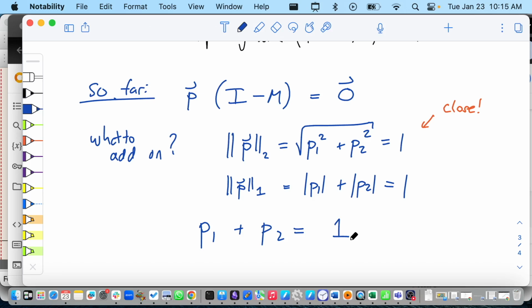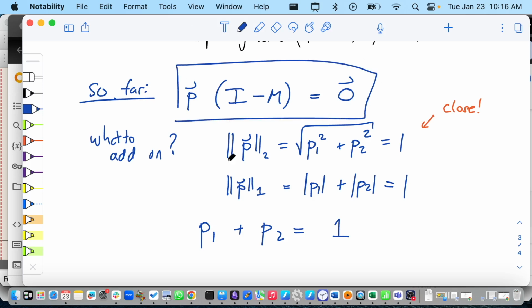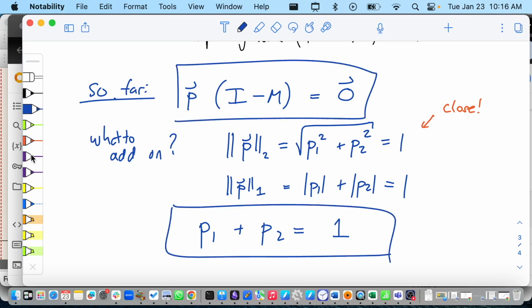If we take this thing and we say, please also make sure that P1 plus P2 equals 1, then it should find the right solution. Of course, there is a chance it's going to find something like 1.5 plus negative 0.5 equals 1. But actually, we're guaranteed from that theory guy, the Frobenius-Perron theorem, that it's going to work out. So there will be an actual solution, and it makes physical sense that there is an exact solution. So this is the thing we got to do. We're going to have 2 equations, this equation and that equation. And we're going to put both into the computer at the same time.